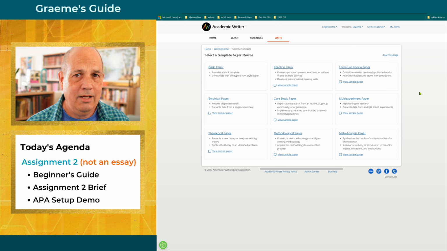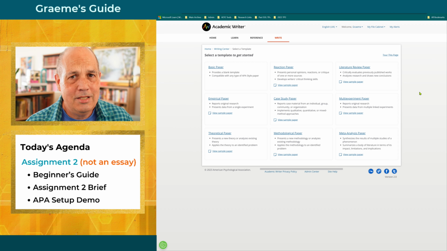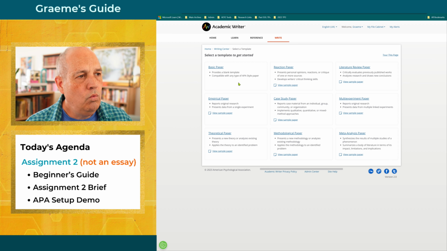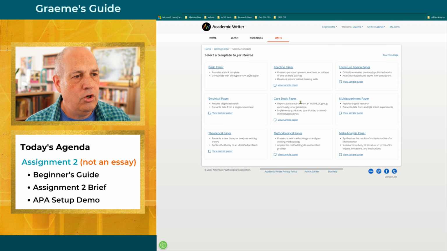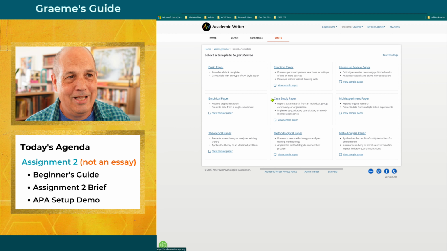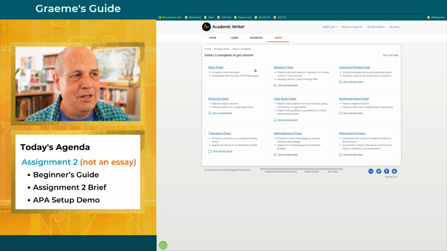because assignment 2 is not an essay. It's a case study. It's answering short answer questions. Now, when you're looking here for which paper you get started on, you'll see that there's case study paper here. Don't click on that because we don't need that. We're just going to use, again, the basic paper style. So click on basic paper